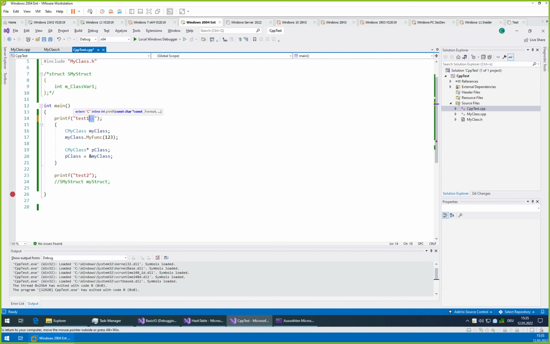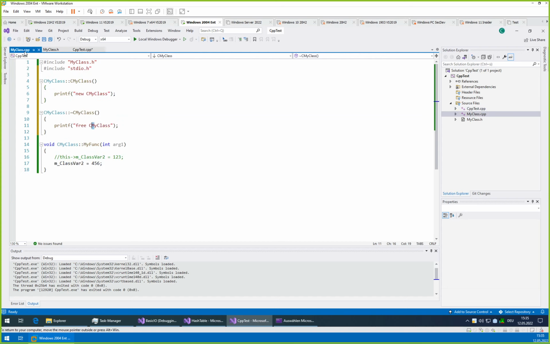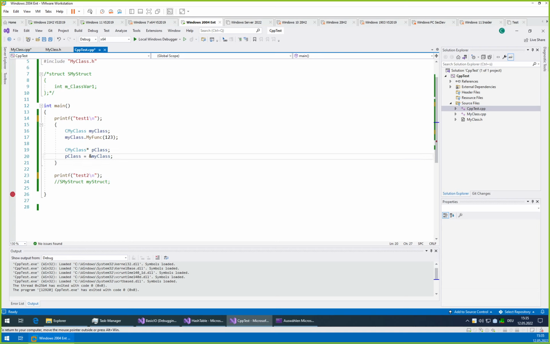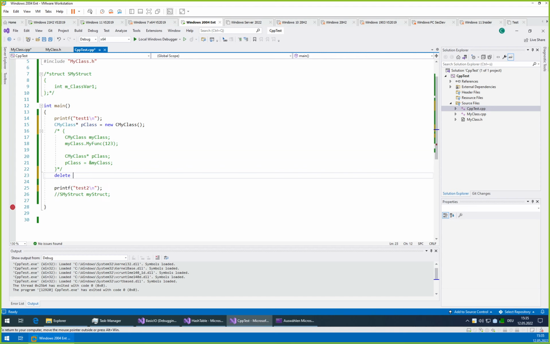So let's first fix that by adding our new line characters, and then we can try to do the same thing but without using a scope. Instead we use just a pointer to start with, and we use a new operator, then here delete class.